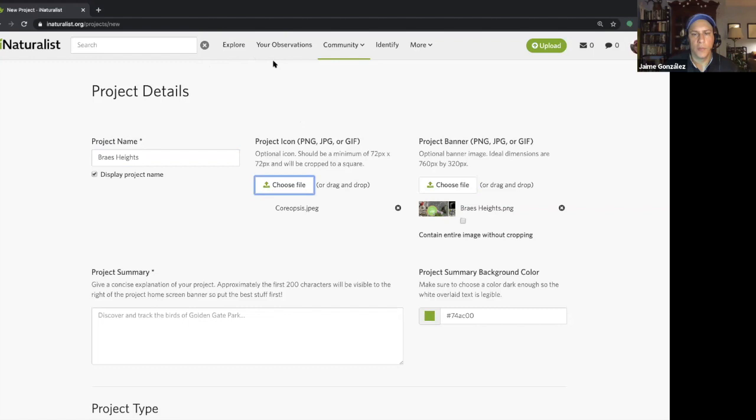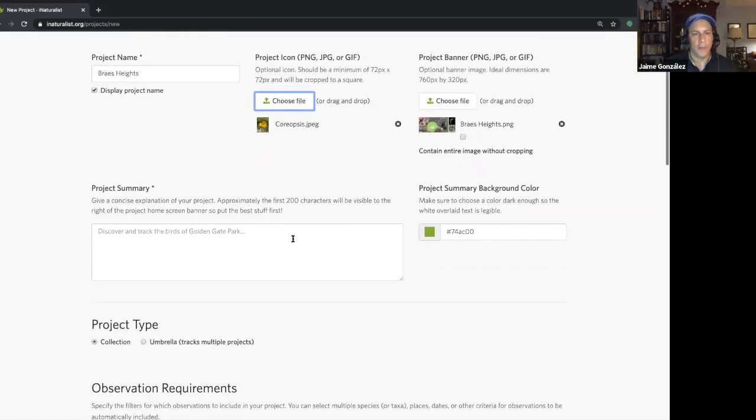That Coreopsis would be a good one. It's a pretty one. And that way, when I look at my projects, I can see all of my projects lined up, and each one has a little bit of an icon. And I'm just going to put in here a project to observe and enjoy the biodiversity of the Brays Heights neighborhood in Houston,